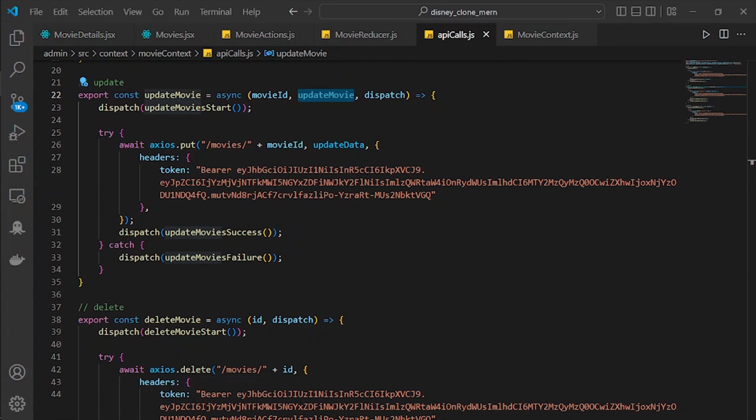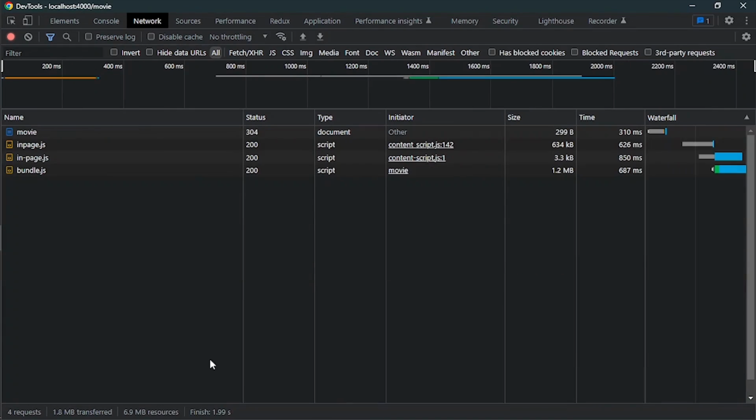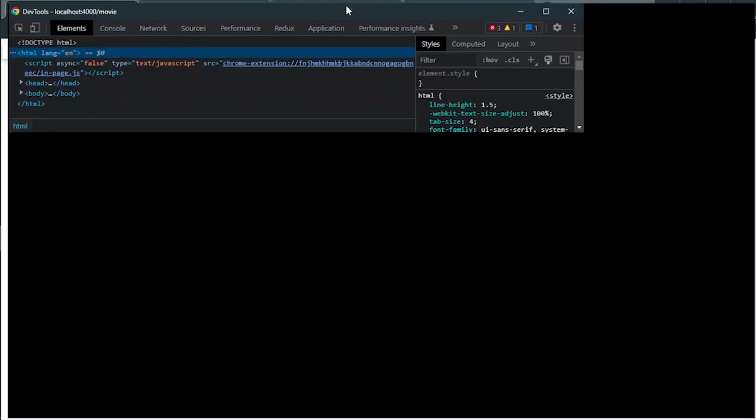Updated movie. Wait a second. Why is this not updated? Oh, it's supposed to be updated movie. And also in here, it's going to be updated movie. Movies list updated. It's going to be put for the method. Let's see it again. Refresh the website. If there is some error in here, like for example, yep, this is what I expect, because